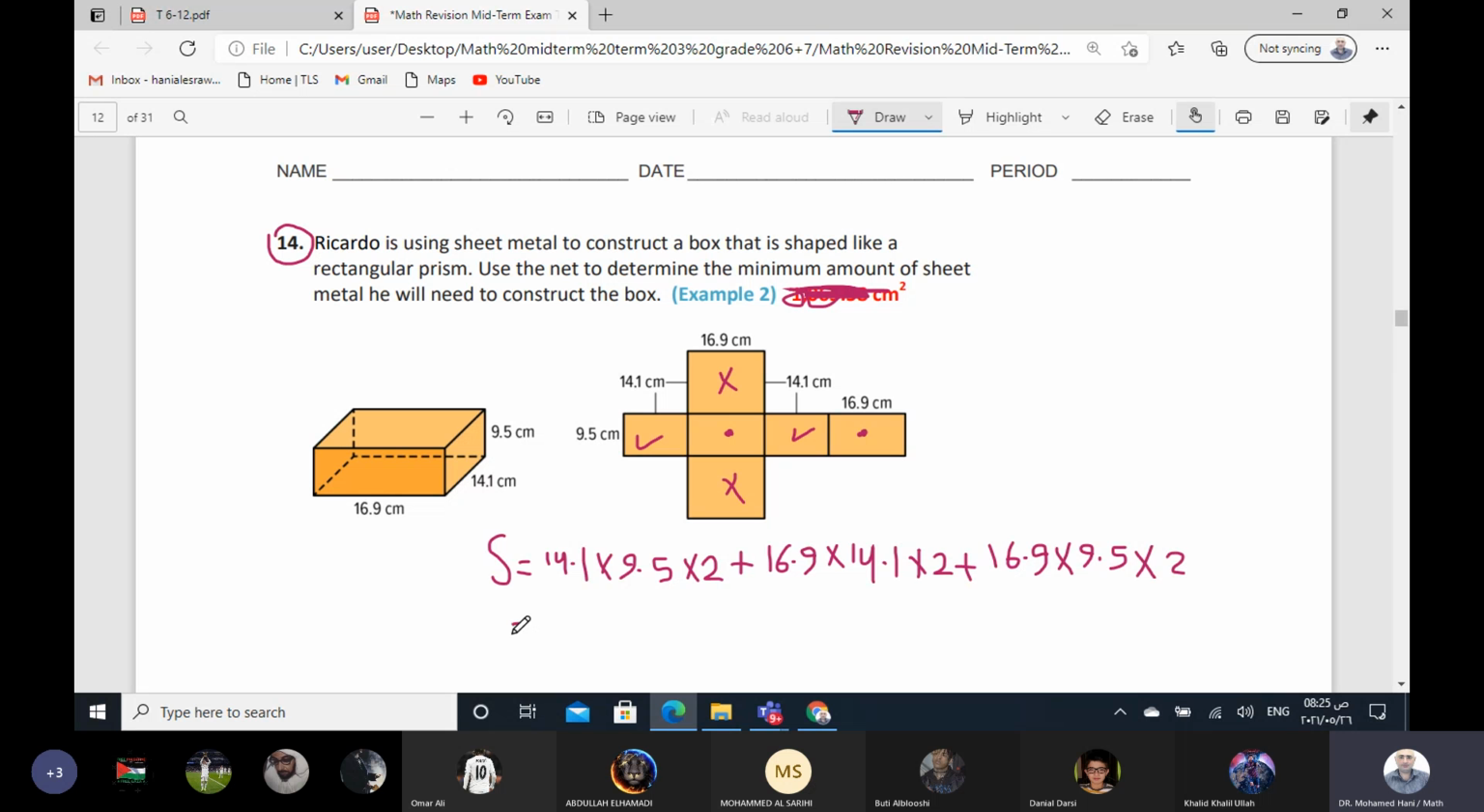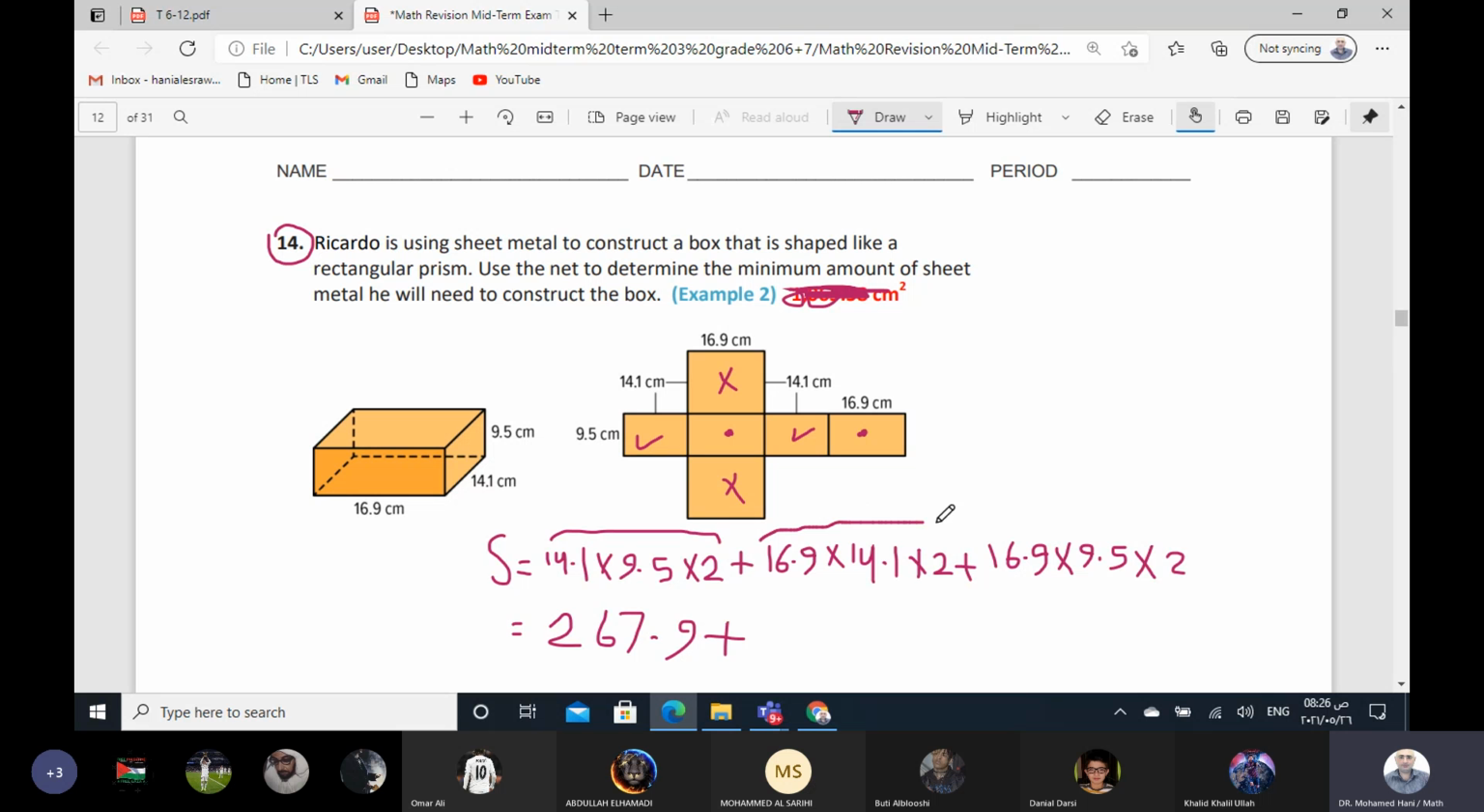Now we can calculate the first operation here. We have 14.1 times 9.5 times 2, which is 267.9 centimeters square. Great, Daniel. So the answer will be 267.9 plus